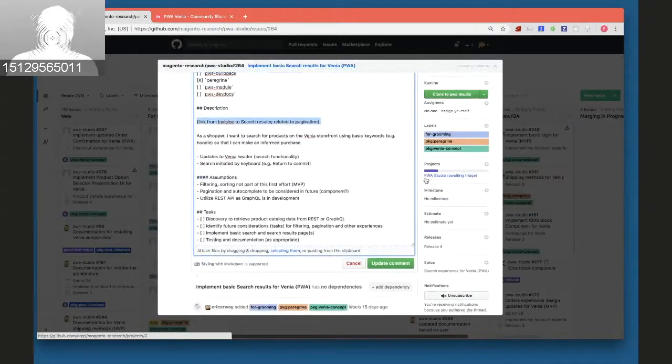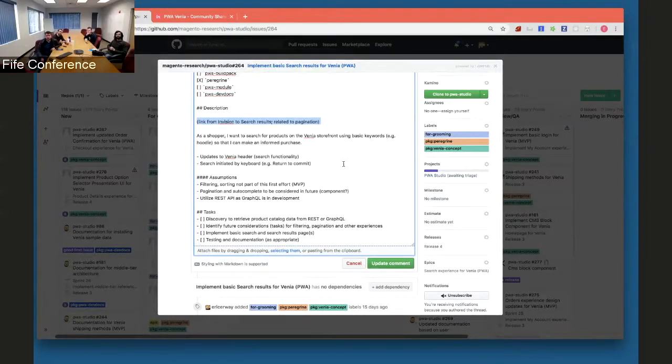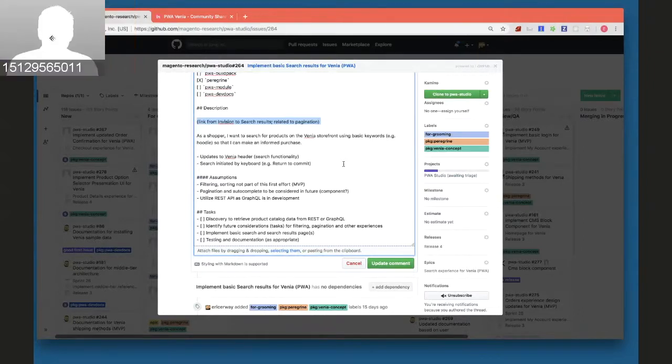I have one more question. It says as the last assumption that it's going to utilize REST instead of GraphQL. What doesn't GraphQL have that REST has at this point? A lot. One of the reasons, I mean, it has search of a sort, right? Like you can search products, but you want the search to kind of have